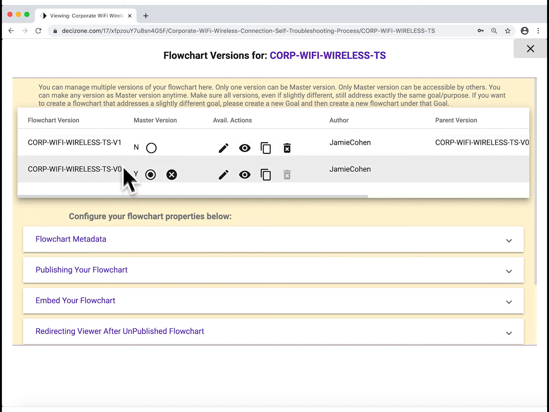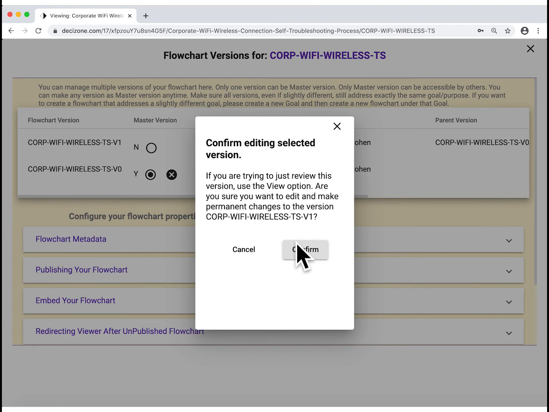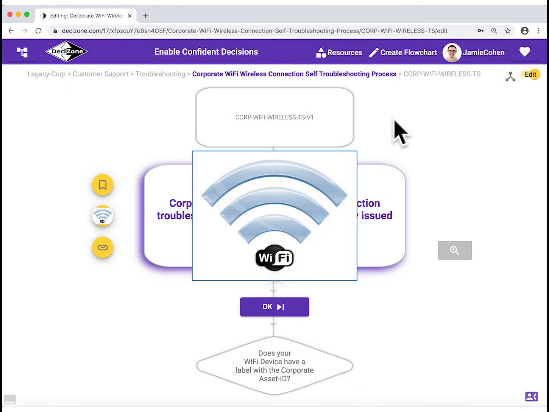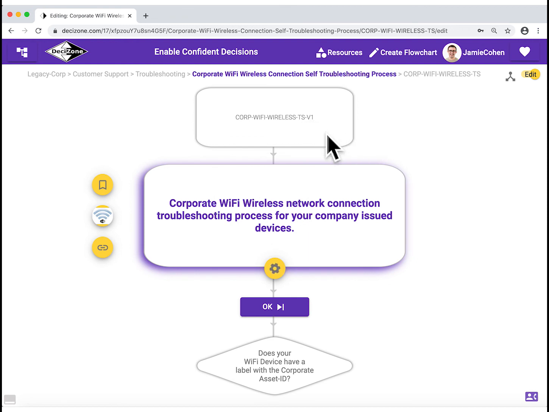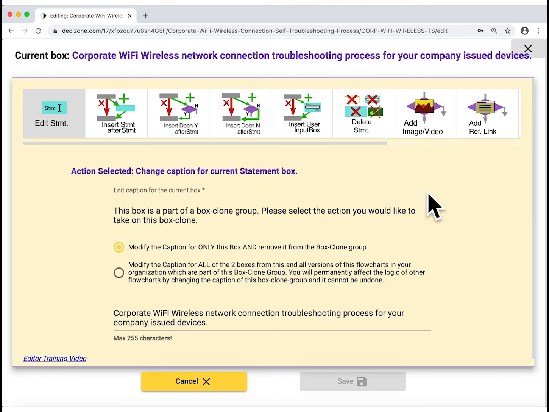When you toggle the Edit mode to On for a flowchart, first of all, you will see the list of versions available for this flowchart. From here, you can select the version as well as the action you want to perform on that version. Let's select the Edit option to open that particular version in the Edit mode. When the Edit mode is turned on, a yellow button with a gear icon is displayed on the outgoing connection of the current box in the center layer. Click on this yellow button to open the Decision Flowchart Editor.